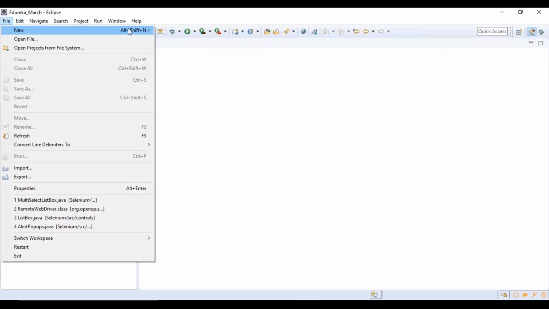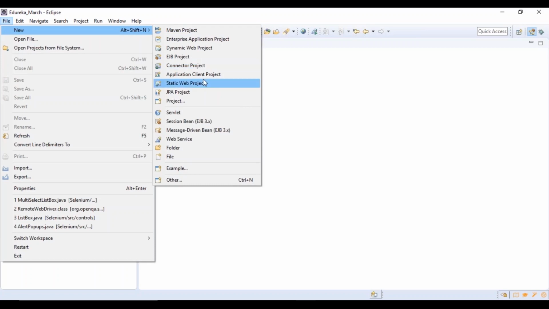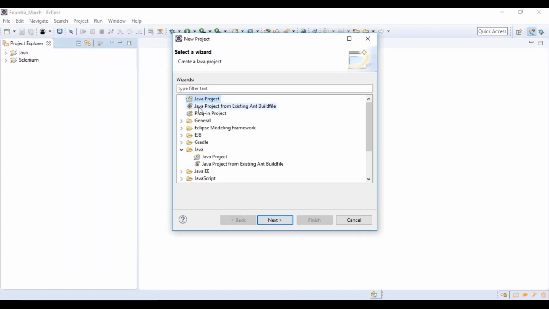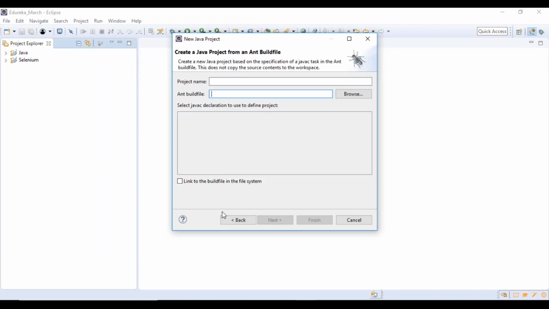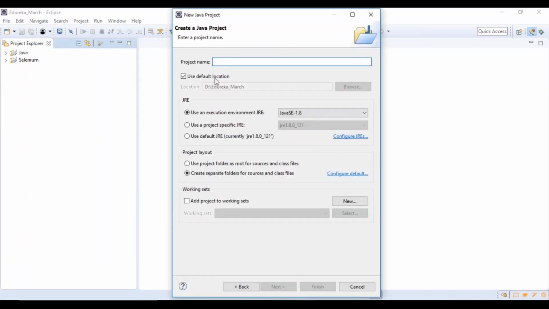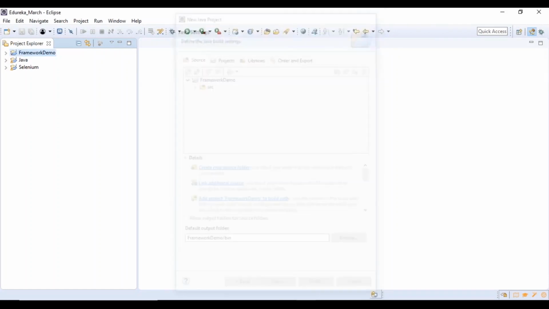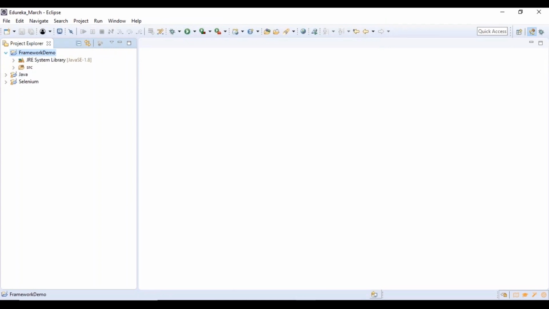Let me create a project, which is going to be, as of now, a Java project, right? So I'll go here, create, I'm sorry, I'll have to go back. Java project, and I would give the name framework demo. All right, so let me click on next. I'll click on finish. All right, so here now what I'm going to do is create